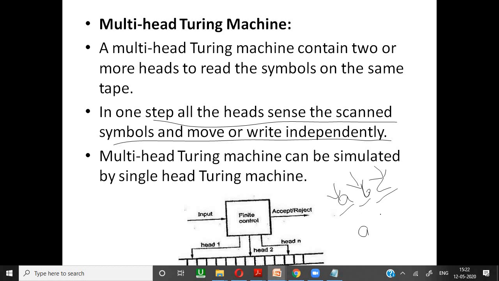For example, A square, B square, C square is the language. It will perform just 2 operations. In the first operation, it will read A, B, C. In the second operation also, it will read A, B, C. In the third operation, if it reads blank spaces, then we say it is accepted. If some head contains some other symbol like A or B or C, then it will be rejected. So that is the multi-head Turing machine. Here we have more than one head, whereas earlier we had more than one tape.